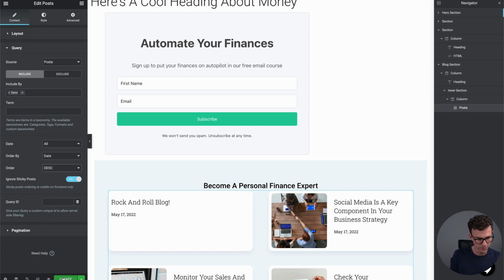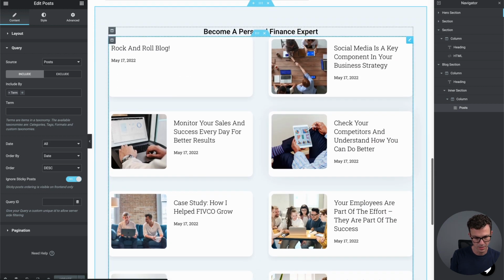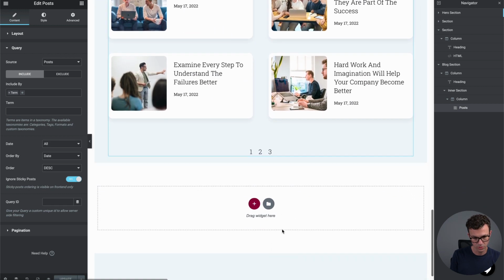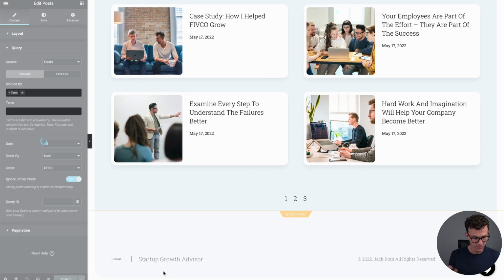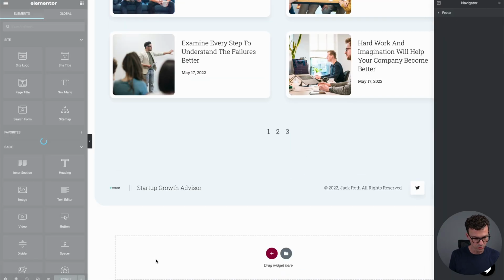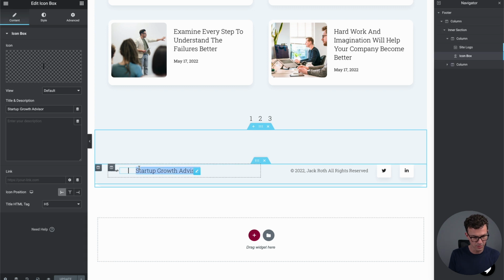Then with all of this, we want to click on update. And then there we go, we have that. And then if we scroll down further, we have the footer. So this is important. This is something that's going to show up on all of the pages. And so you can see it already pulled in our logo, but obviously make better